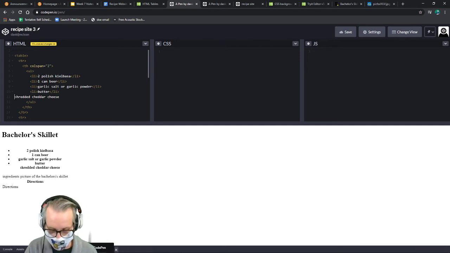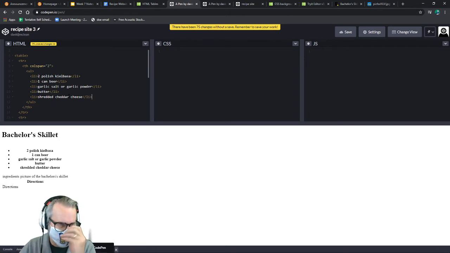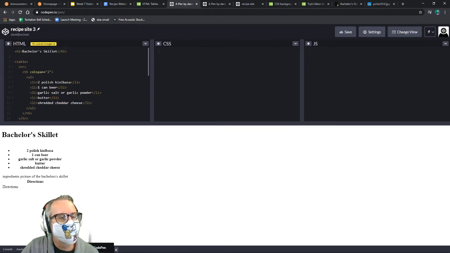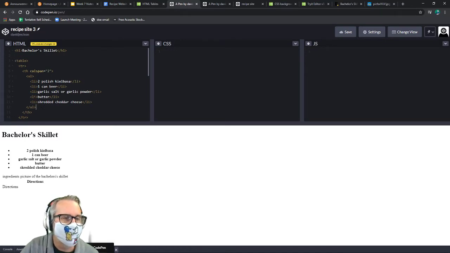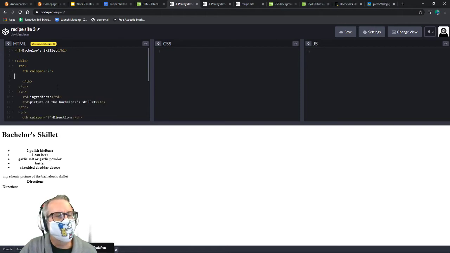Shredded cheddar cheese. I don't know. This recipe seems okay, but I think it needs some. Oh, I put this in the wrong spot. Yeah, see everything is bold. I meant to put this in the next row. So let's Control X. All right, and this should be